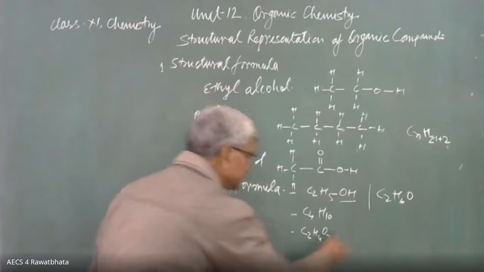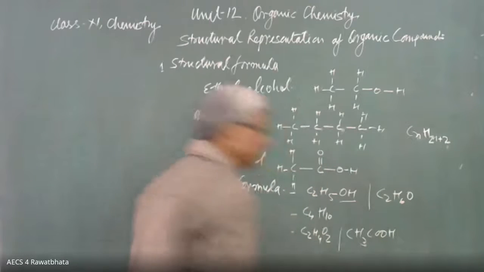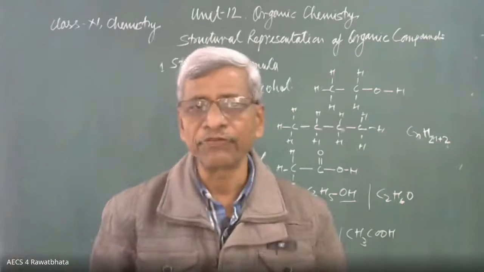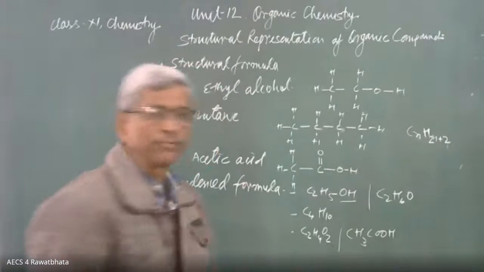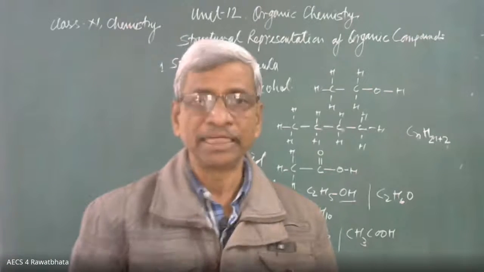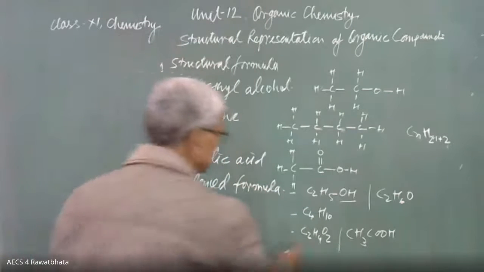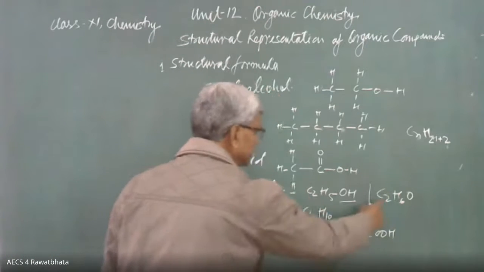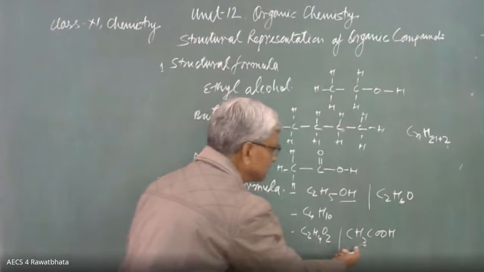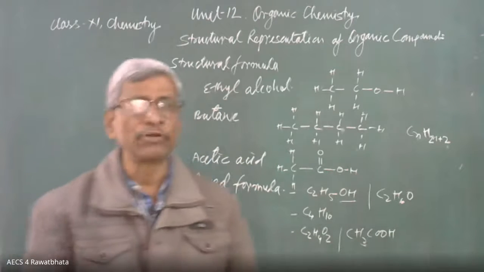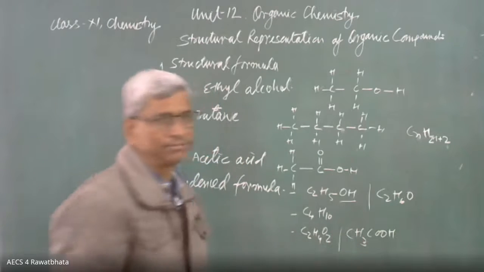That's why its condensed formula may be CH3COOH. In this way, the functional group is also clarified. It is a carboxylic acid. This type of formula could also be an ester. It may be an ester also. Okay, beta? So this type of condensed formula is creating some problems. They are not clarifying the functional group. So it should be written like this, CH3COOH. It is the condensed formula. So this is molecular formula and this is condensed formula.